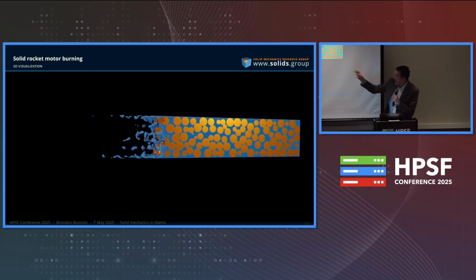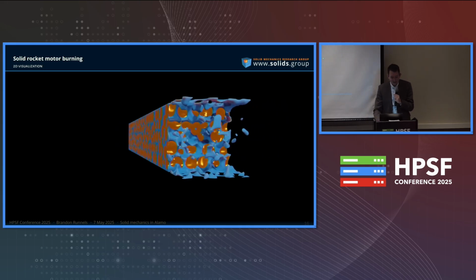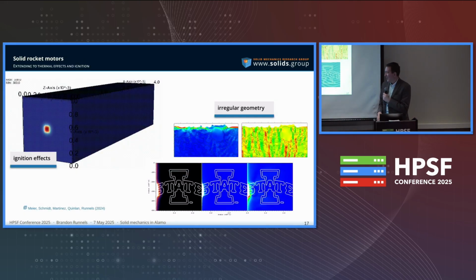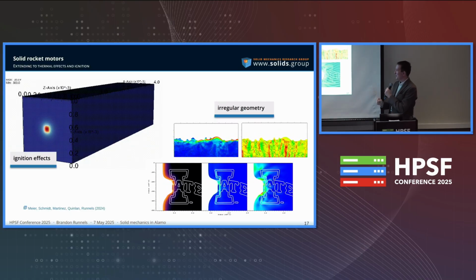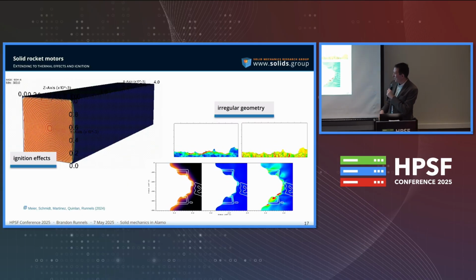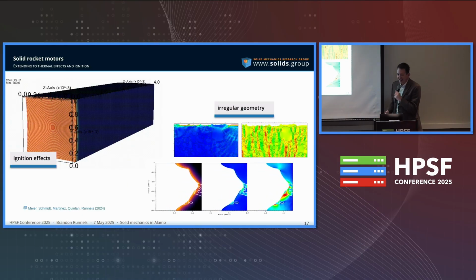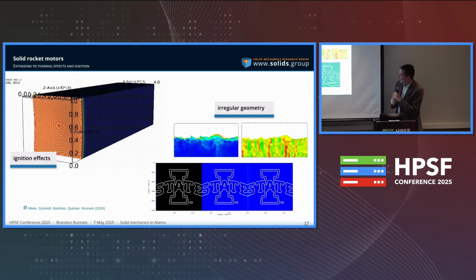We only have to resolve that section there. We only have to resolve those interfaces. We're able to get dramatic speed up because of this. And a lot of people are always asking, can you do non-spherical particles? Because that's really important. Yes, we can do non-spherical particles, and we can even burn the Iowa State logo. And I always think I really should have done the University of Iowa logo, but I need to actually go